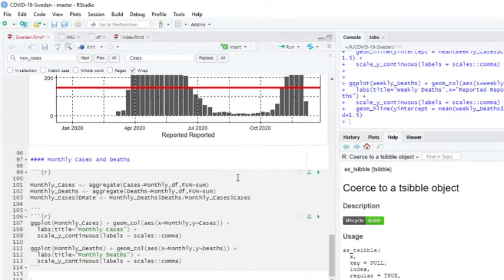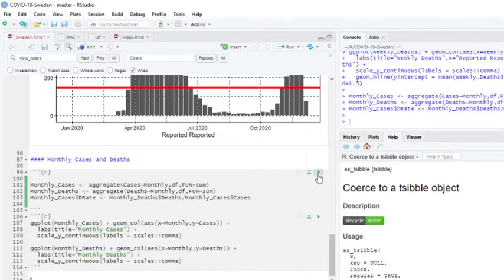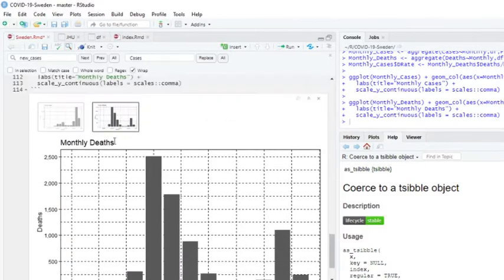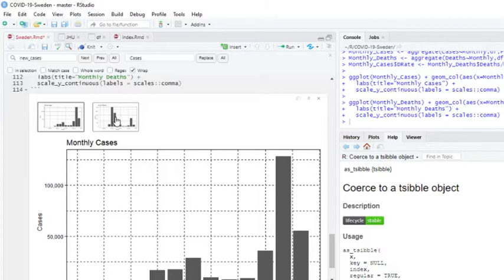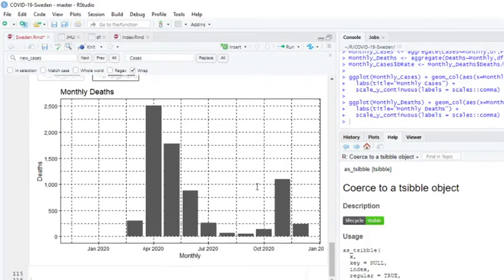Okay? What about monthly cases and deaths? Okay, Sweden, here you go. November was certainly your worst month for cases so far. Unfortunately, November has already passed everything prior to November, so that's not particularly good for cases. Deaths, if you look for some positive, you could say, well, the deaths so far have been less than these two numbers here.